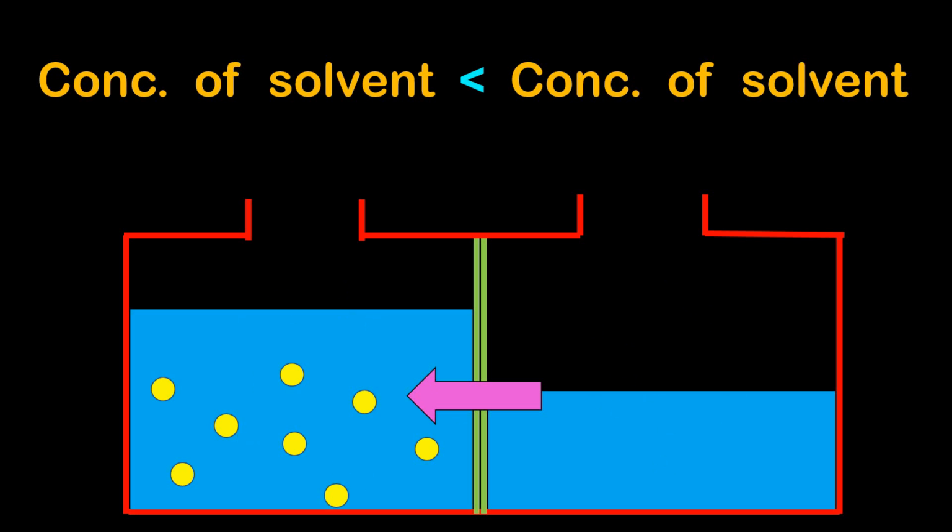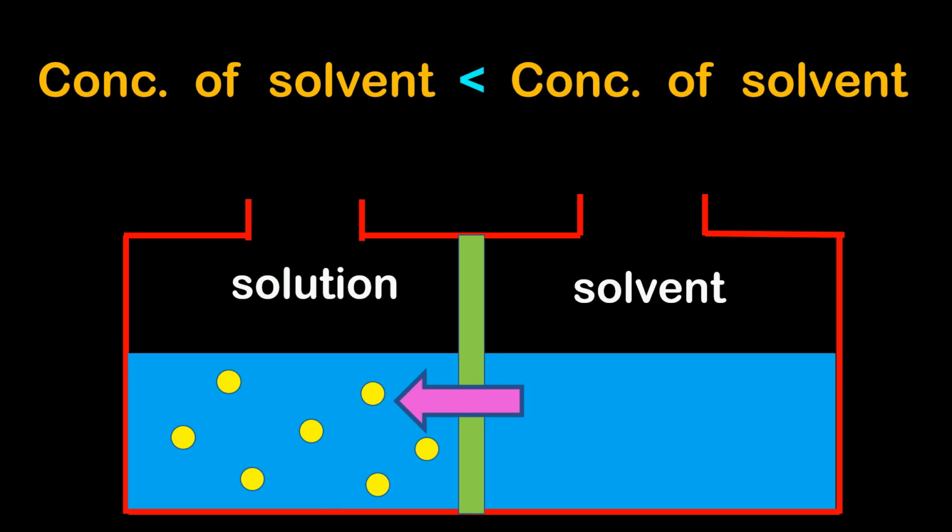Clear with this? As you can see, the volume has decreased on the right hand side and the volume has increased on the left hand side. Now you might be wondering why is it happening so. Why are the solvent molecules moving from right hand side to the left hand side? The reason for this is that